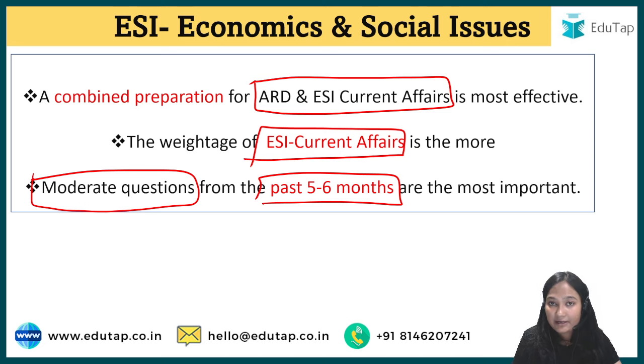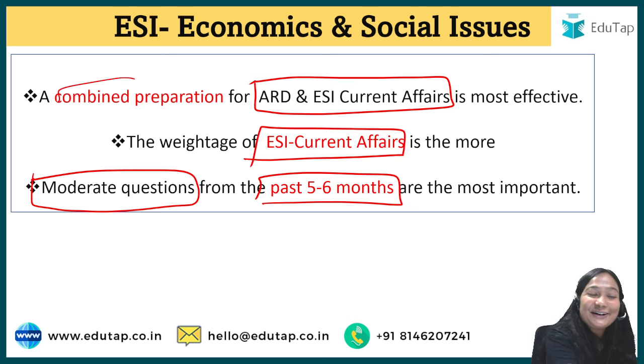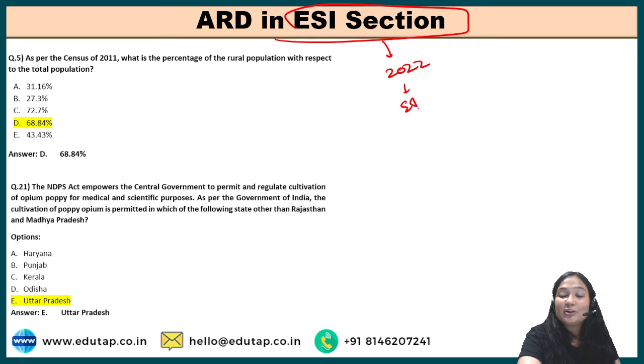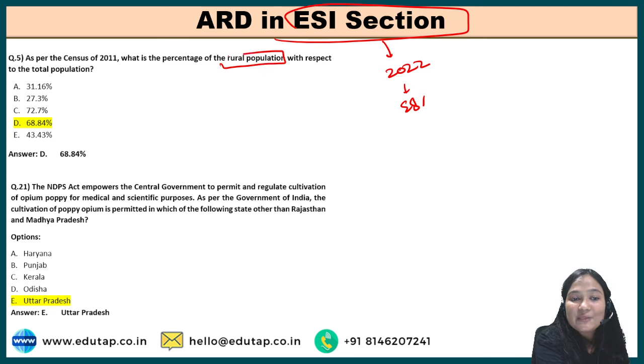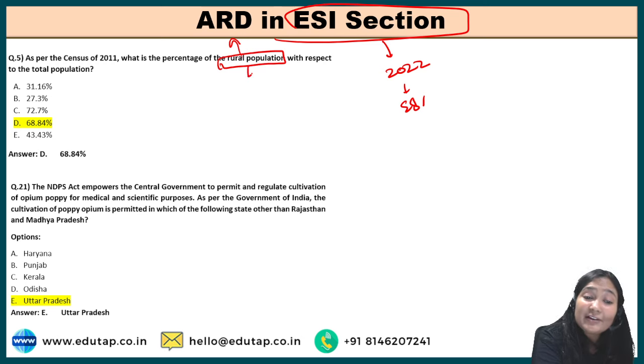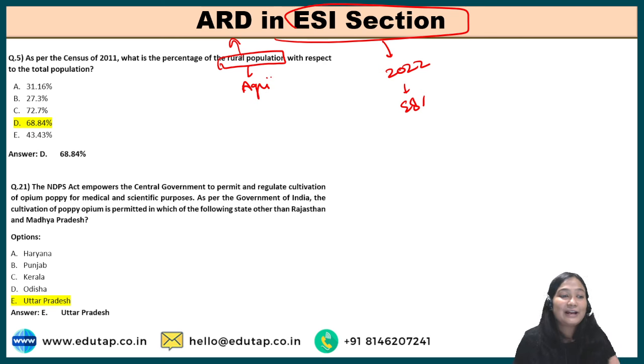So the ESI current affairs which I told you is important. Why important? First of all, sorry, combined preparation has to be done for ESI. Why with ARD? If you check the ESI section of year 2022, the questions in ESI were about the rural population, that is a part of your ARD, rural development. From the census, only rural development questions, and even agriculture questions had come, that I haven't picked,